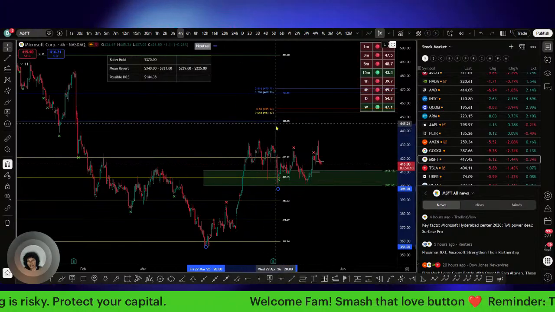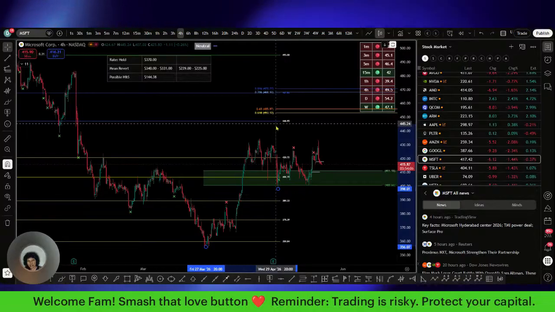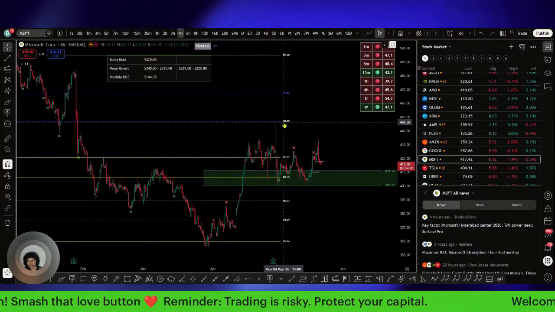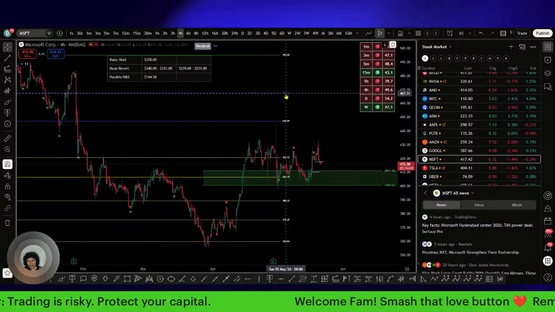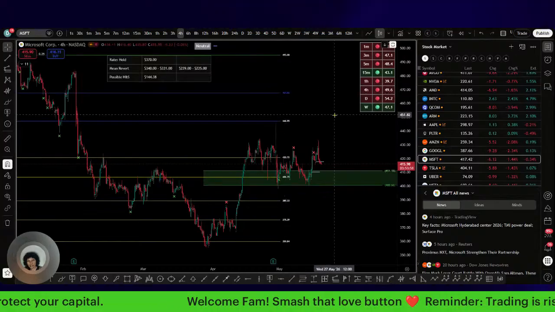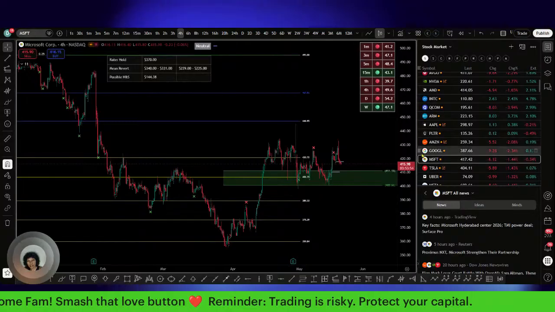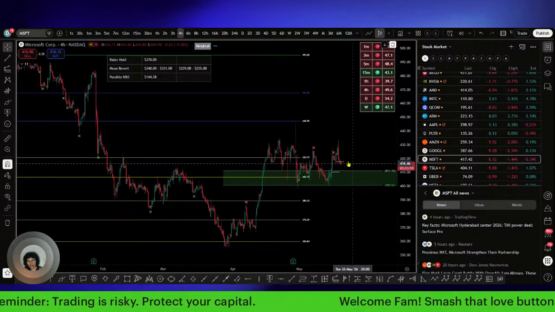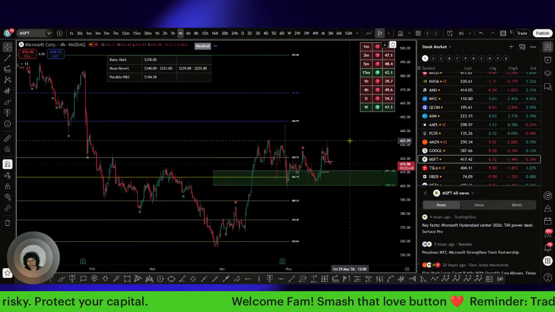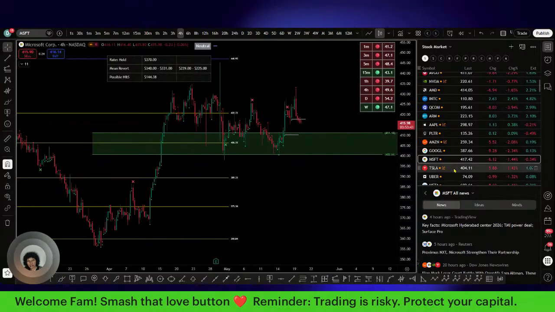It's not much of a difference. Forget about it. Just use these two levels. This one right here is the one that might have some merit at 467 right here, if you're into that kind of thing. I'm not feeling Microsoft right now, but Microsoft could be on a mission. Could be. I'm just trying to see what would be affecting the market.